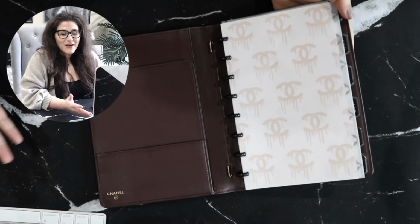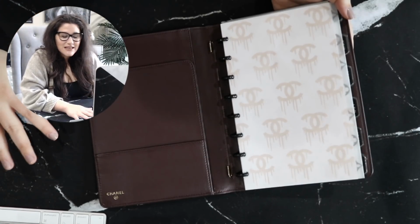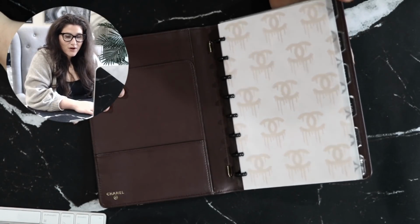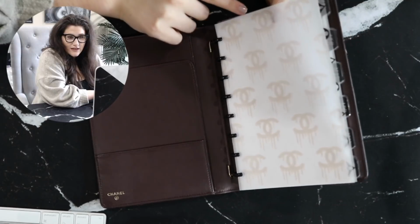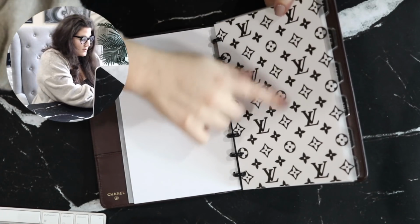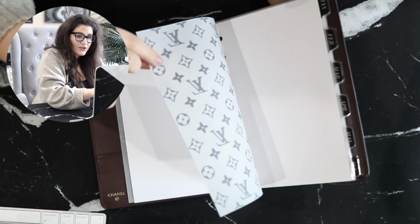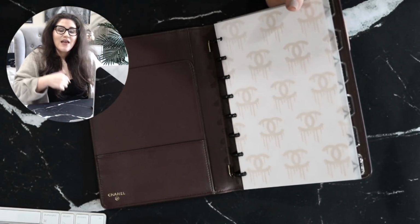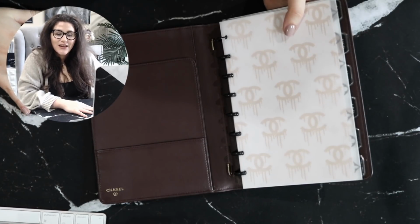So a final thing I wanted to tell you guys, if you are a luxury planner person who's into the Chanel and the Louis Vuitton Desk Agendas, is I actually have a few designed inserts for dashboards that are inspired by Chanel and Louis Vuitton. So as you can see here, this first one is the dripping Chanel logo. And then I also have the Louis Vuitton monogram print as well. Right now I just have these designs printed on vellum so that they're kind of see-through, but these are actually free dashboard designs that are part of my October resources and inserts and freebies over in the Productivity and